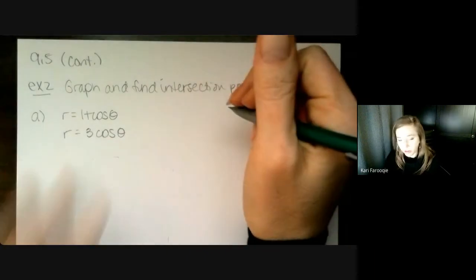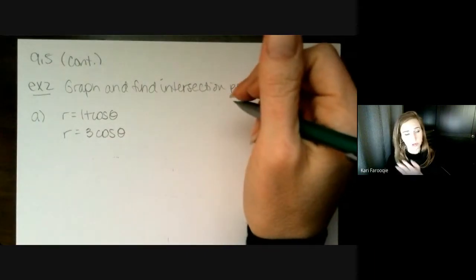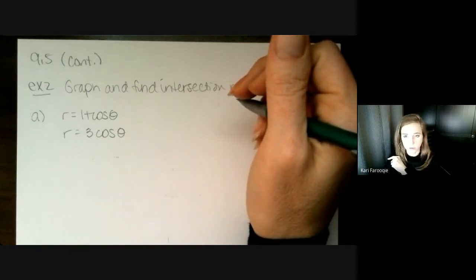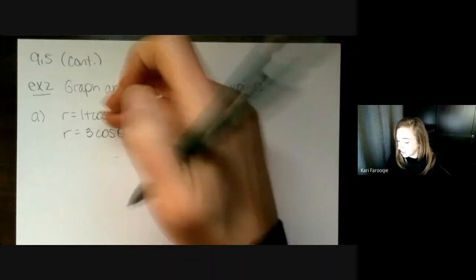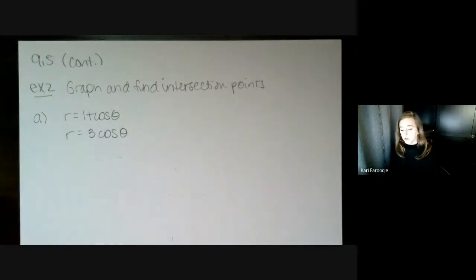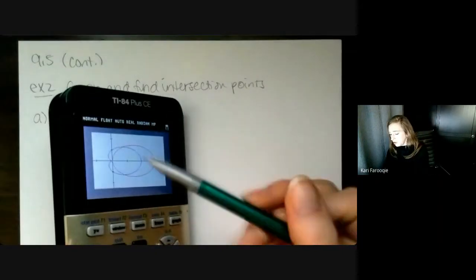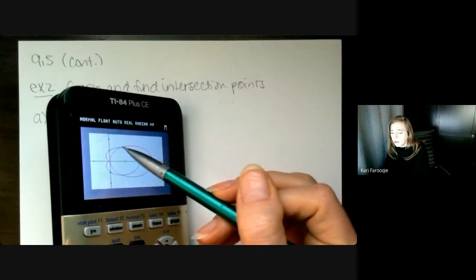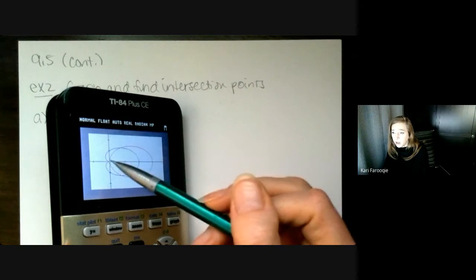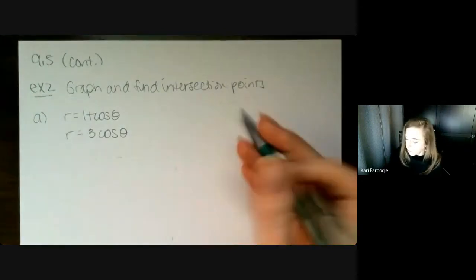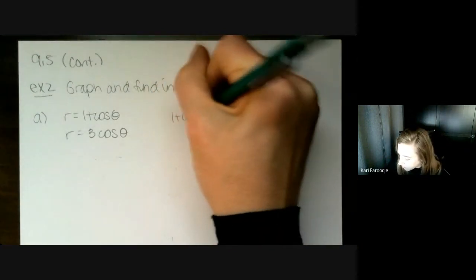So if I'm finding the intersection, just like we would have done back in algebra when you were trying to find the intersection between 2 lines, if you had y equals whatever function and then y equals another function, you would set them equal to each other. And you're going to do the same thing here, because if you're trying to find the intersection points, you want to know when their radius values are the same. Notice that no matter what happens with this graph, at some point it scrolls its way around, and here is where the intersection point is, and the radius value on both graphs has to be the exact same at the intersection point. So you're going to set these two equal to each other,